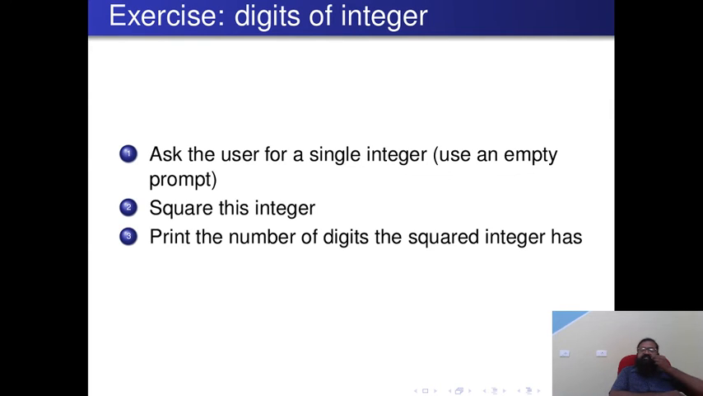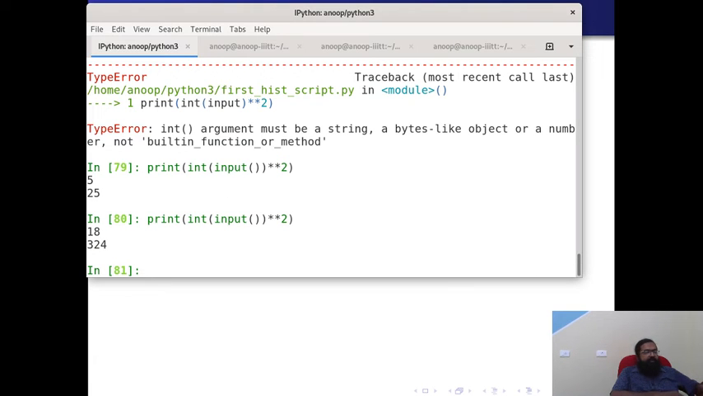Double slash is just going to do an integer division for you. The last one is to print the number of digits of the square number. We can take a count of the digits, and yes, you can count the numbers that way. For example, the first question is